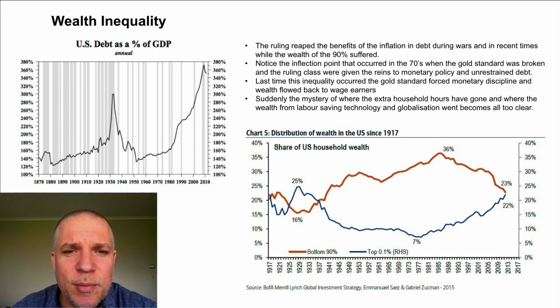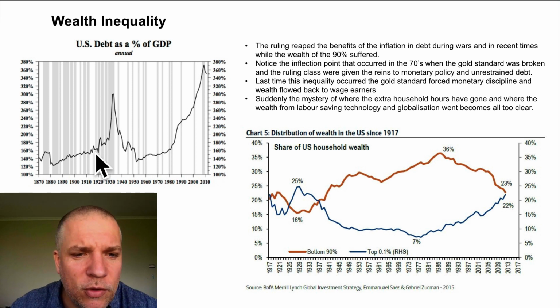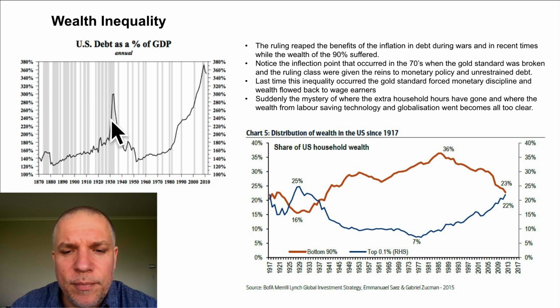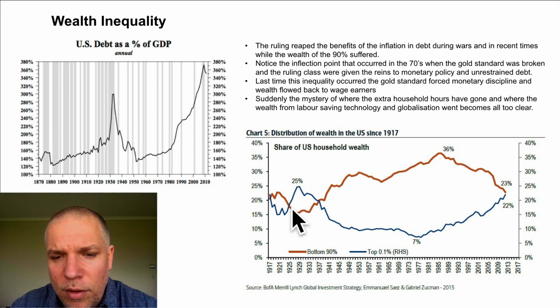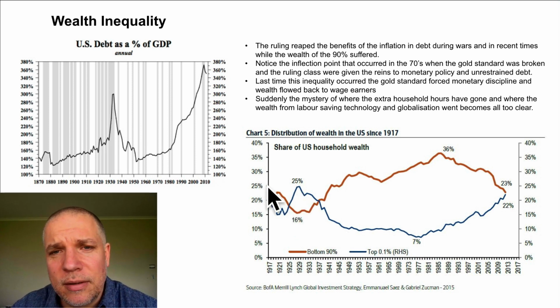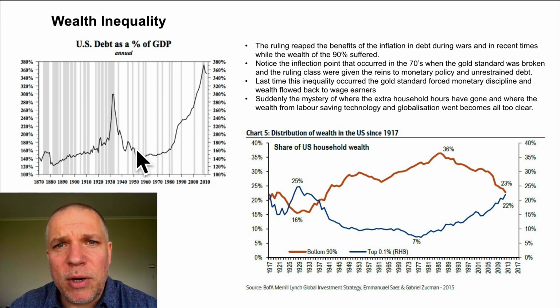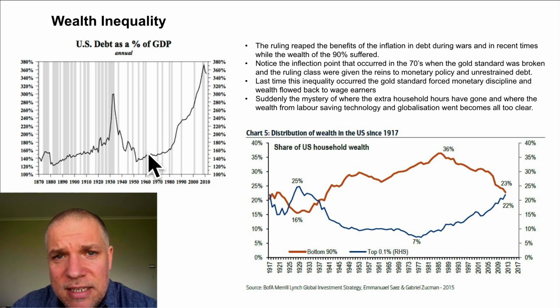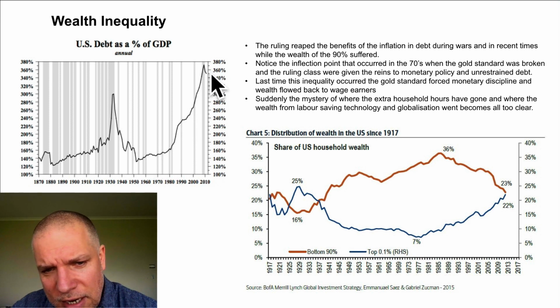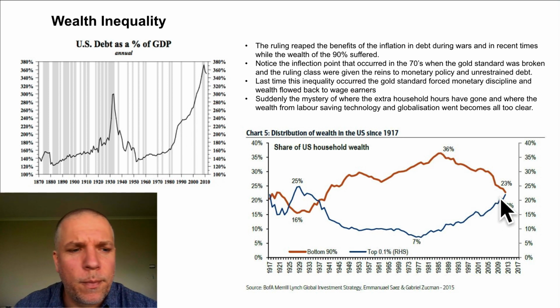Having control of the monetary system is a great way to grow your wealth. And so as this debt spiked up during the World War periods, you saw the 0.1% grow their wealth, the 90% lose out. Wage earners had less purchasing power, and then it corrected. The gold standard forced honesty on the system. You couldn't just print money when it had to be backed by gold. And then since then, you've had this parabolic increase, and again you're seeing this increase in the wealth here, and the decrease in the wage earners.